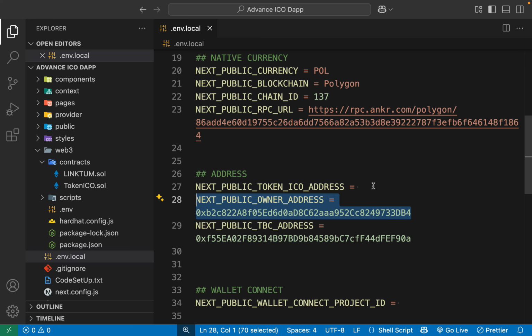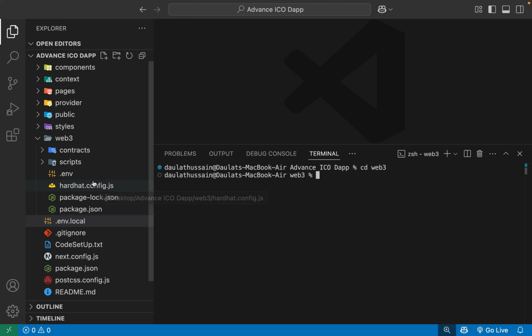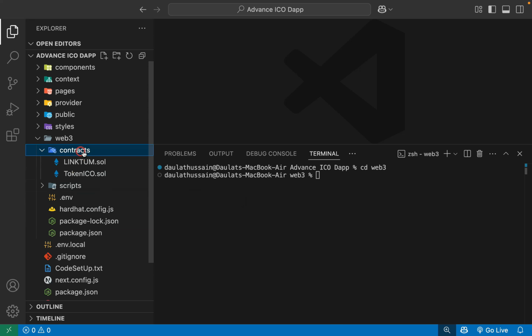Now I have to get the contract address. Now you have two options to deploy your smart contract. You can use Remix IDE for deploying your smart contract, or you can use the Hardhat configuration we have done. So for your convenience, I have decided that I'm not going to use Hardhat for deploying the contract, because some of you will have a different configuration, different node version, and you might face some sort of issue. So I'll simply come back here, copy the contract, and I'm going to deploy the contract